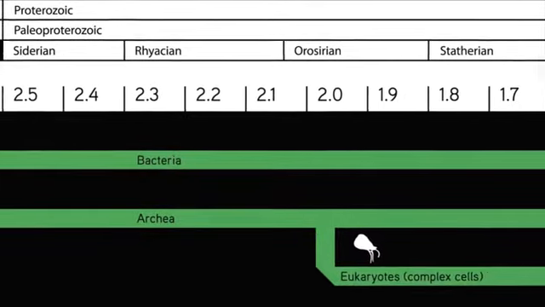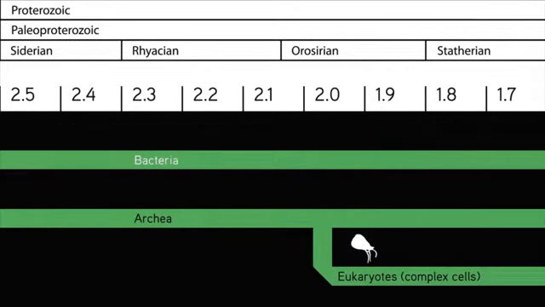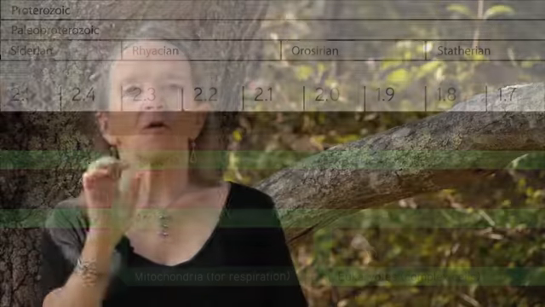Our group is called the eukaryotes, and by the same kind of reasoning with genome sequencing, it's very clear that there was a most recent common ancestor to all of the eukaryotes. This ancestor had tamed a bacterium and had it become part of itself. This bacterium is now called a mitochondrion, and it does respiration for all eukaryotic organisms. The eukaryotes also have similar kinds of nucleus and similar kinds of sex. So the idea is very firmly established of a most recent common ancestor to eukaryotes.